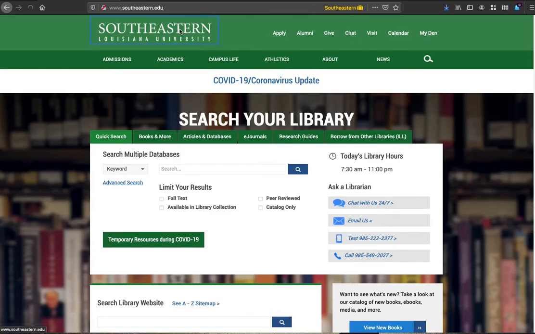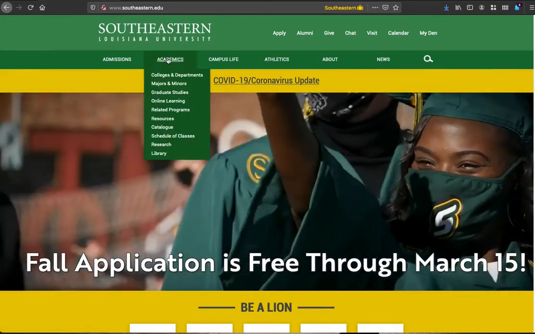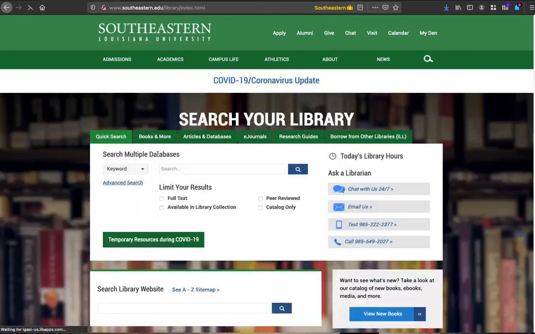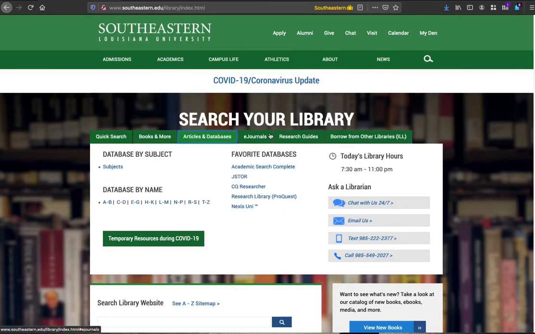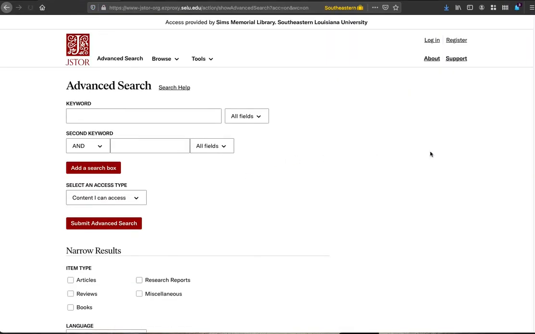We start with the Southeastern Louisiana University homepage, go to Academics and the Library. From the library homepage, you'll want to click on the Articles and Databases tab, and today for this project, we'll be working exclusively with the database JSTOR. If you haven't already been on the library database, when you click on JSTOR today, you'll need to pause and enter your W number and your date of birth on the login screen, and then it should take you to